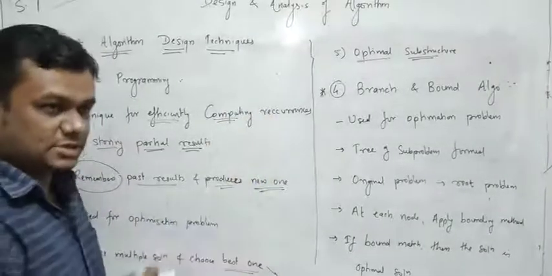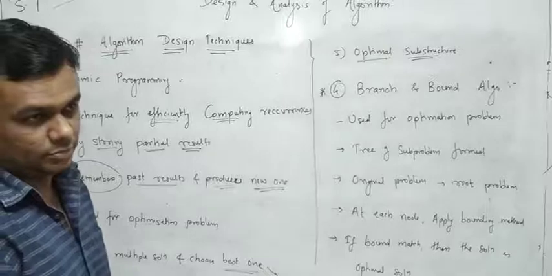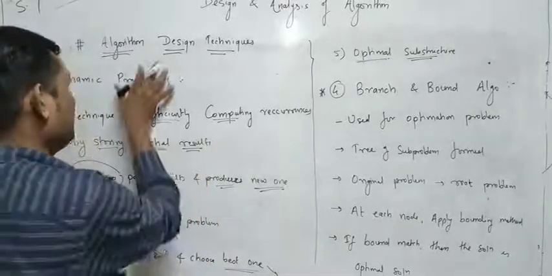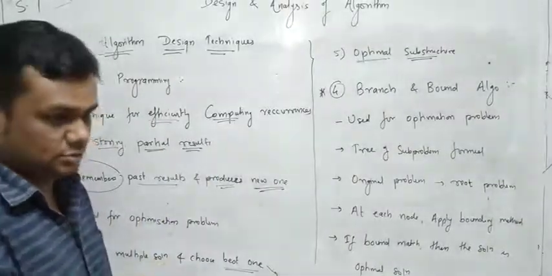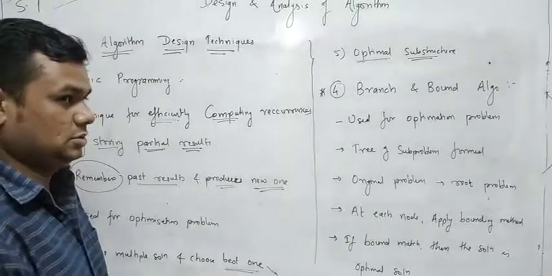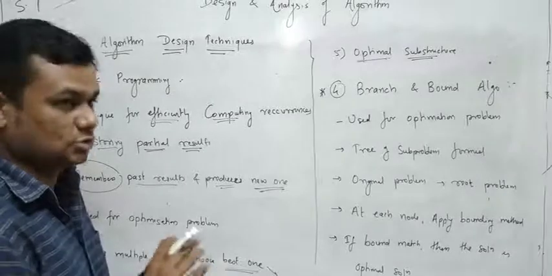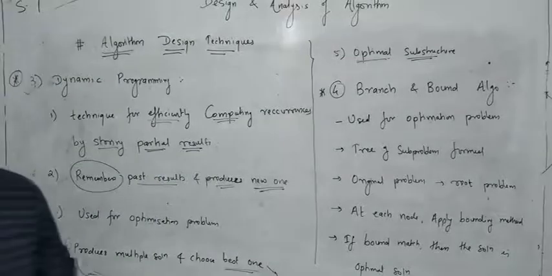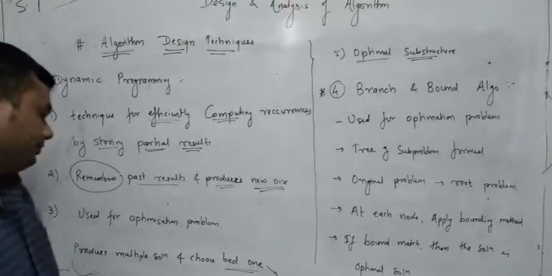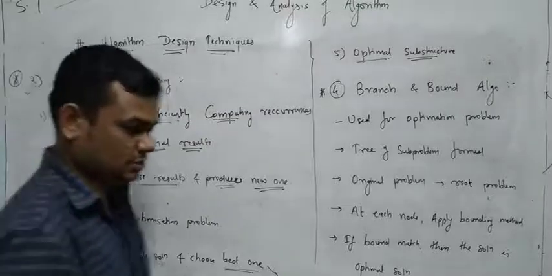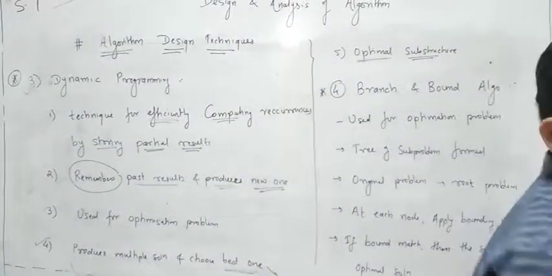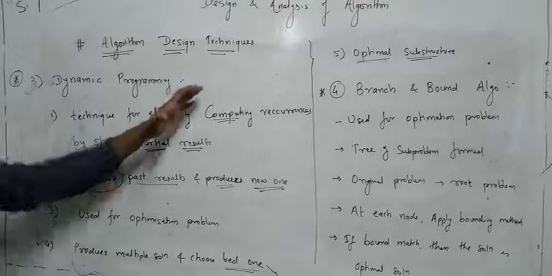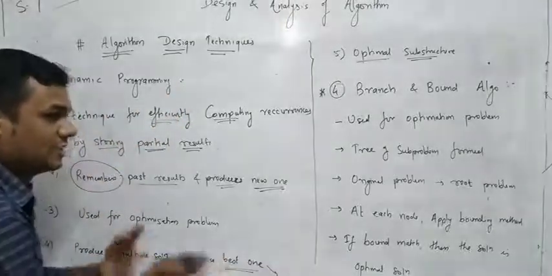Here, the optimal substructure is very important. By using optimal substructure, the greedy approach goes near to the best optimal solution, meaning each and every subproblem produces its optimal solution. That is called optimal substructure. Next, the greedy approach is used to solve optimization problems. And last, from the multiple solutions of the subproblems, the greedy approach chooses the best solution for that subproblem.